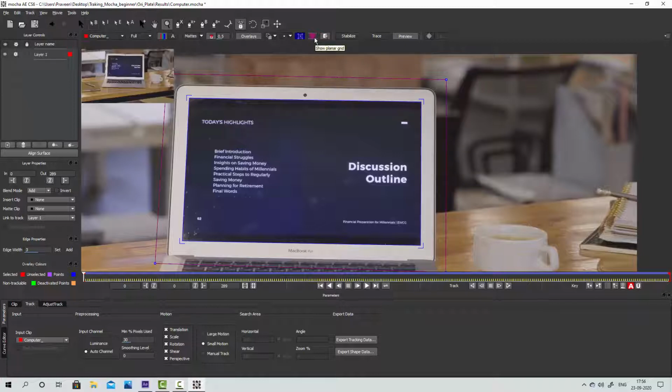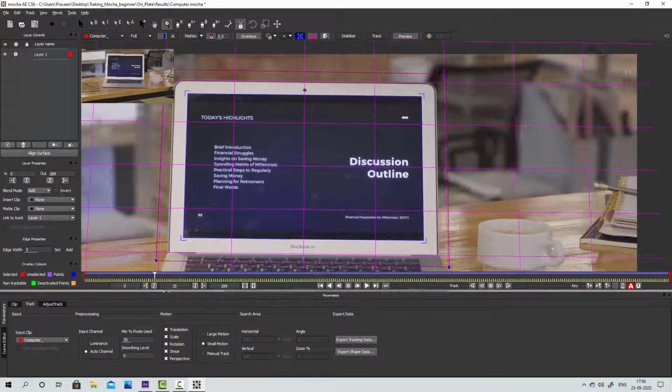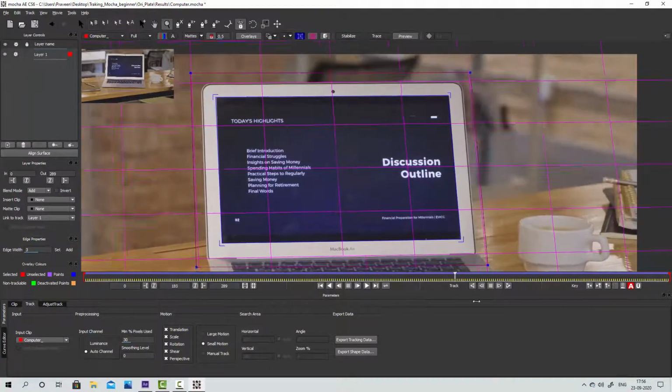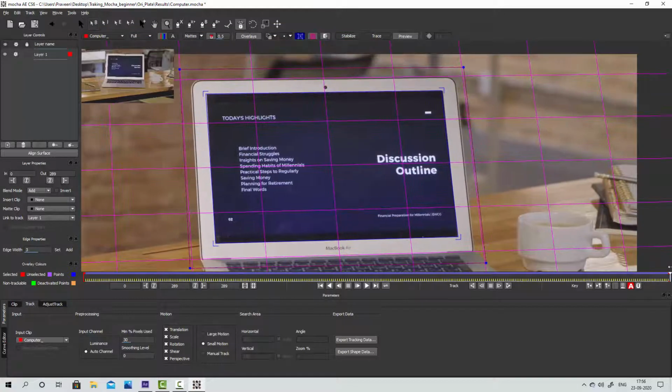You can also activate the planar grid option on your screen for checking your tracking. You can see both the top points of the planar surface sliding a little bit. I will solve this issue by adjusting the track.